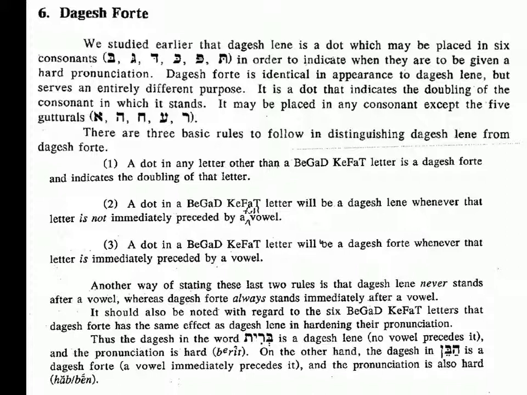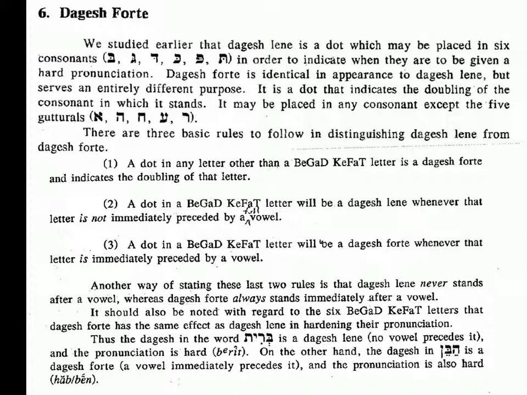Indicates the doubling of that letter. That should be a no-brainer. So if it's not in a Begad Kafat letter, so 22, take away the 5 gutturals, that's 17. Take away the Begad Kafats, that's the other 11 letters. If you see a dot in them, no questions asked, it's a Dagesh Forte, and it means that the consonant